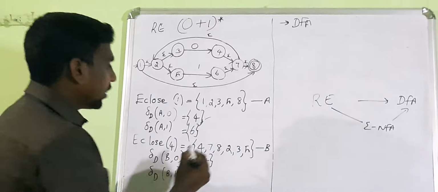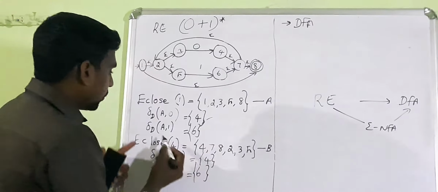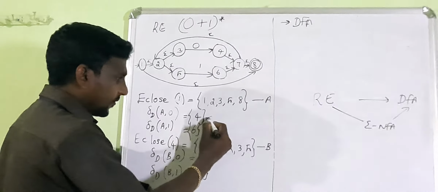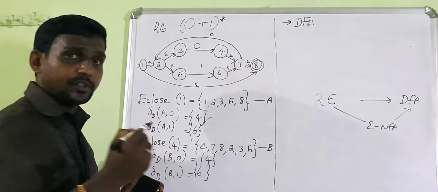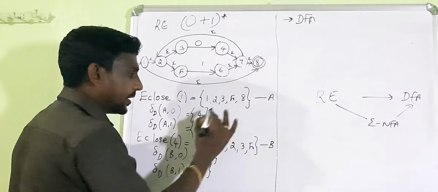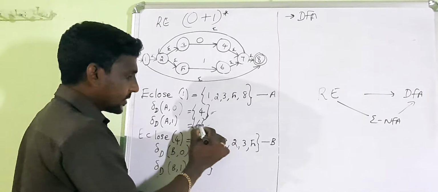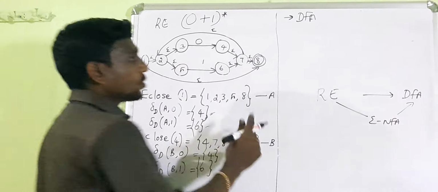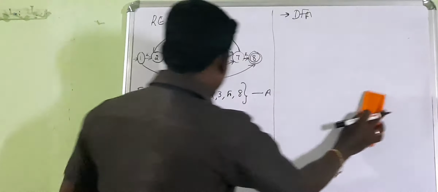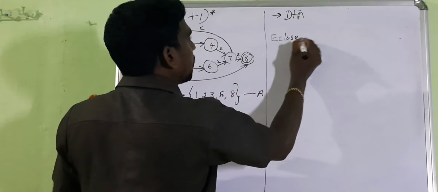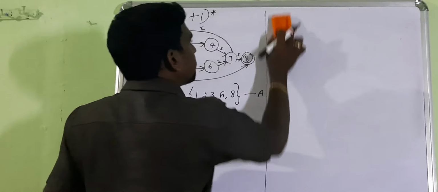Next I have to find the e-closure. This is over, and then we have to find the e-closure of 6, because that's why I ask you to take a pen, and when this is over you just put a tick without worrying about the others. Slightly you put a tick, that means this e-closure is over. Then another one is there, 6, this I have to find. So I have to go for the e-closure of 6. What is the e-closure of 6?